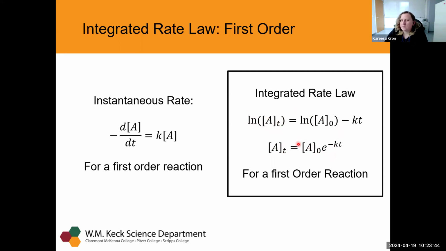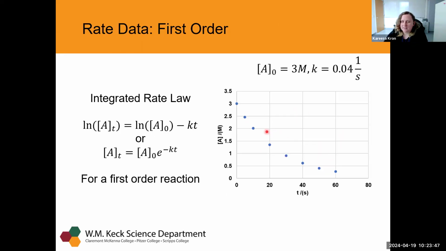reaction. So if we're faced with data that maps out the concentration of A as a function of time, you'll notice that this looks like exponential decay, or maybe now you recognize that it looks like some sort of exponential decay. And so we can't do what we did in the previous problem, where for the concentration of A, we can use this slope to easily identify what our rate constant is. However, if we use this first expression here,